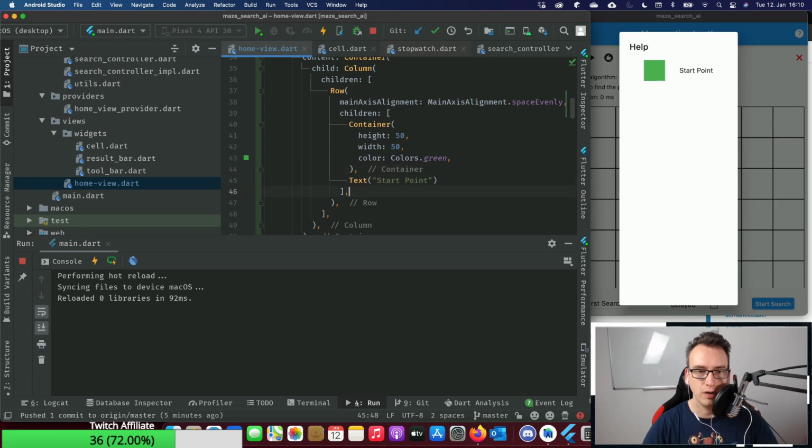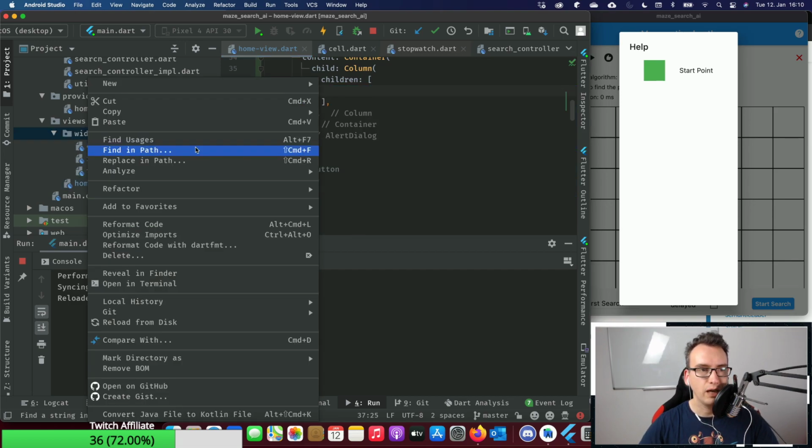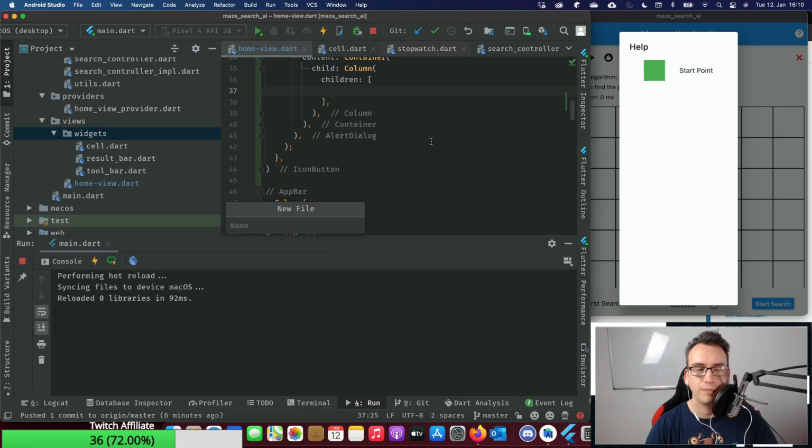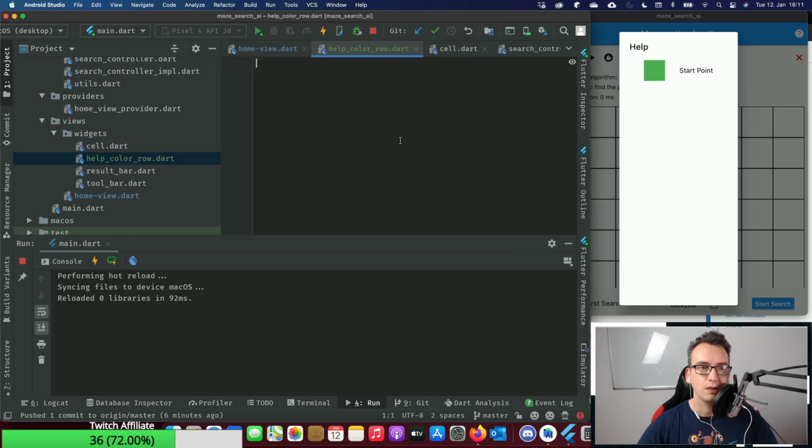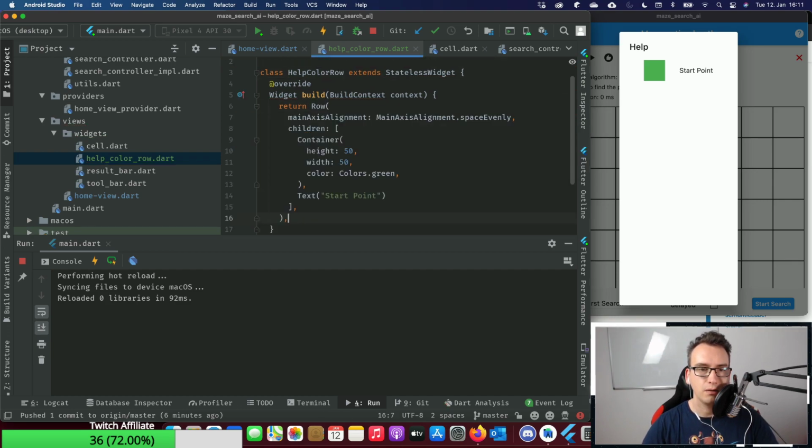This is one row, and now we could create a lot of them, but let's be honest, who would do that? So we create one widget for that quickly. That is our help color row start. This widget help color card or row. We import our material.